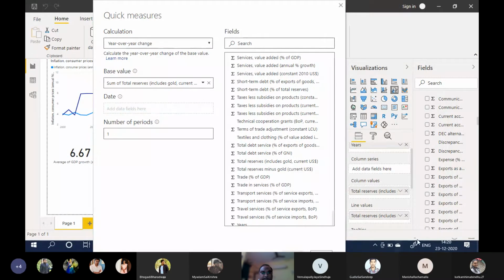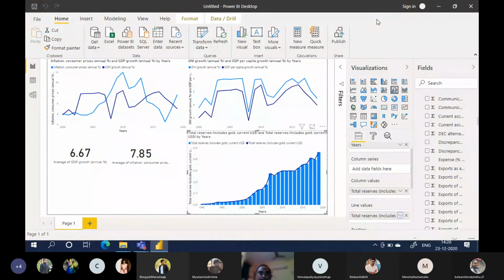Then we drag down years and then put years in date. I'm not able to add years here. Why am I not able to add years here? I think the date format we have to change.